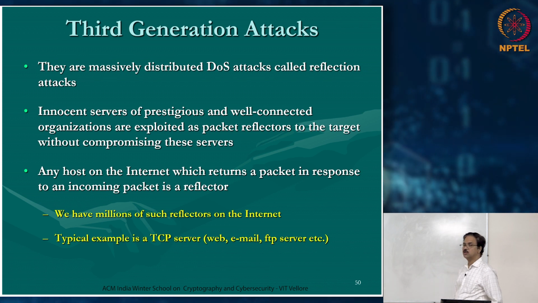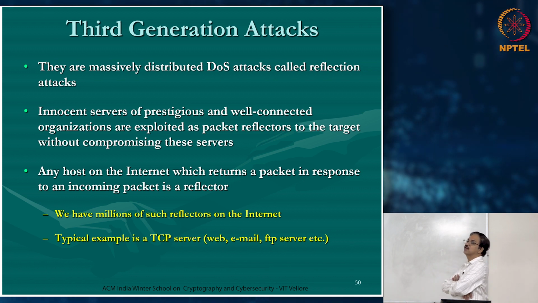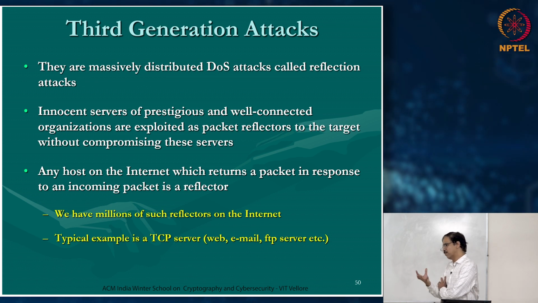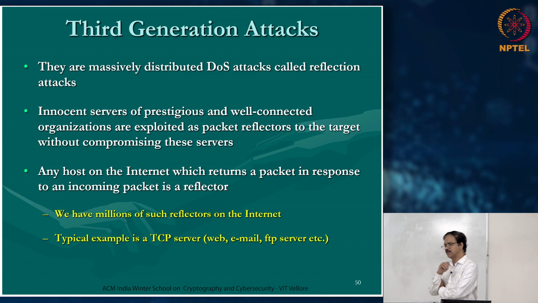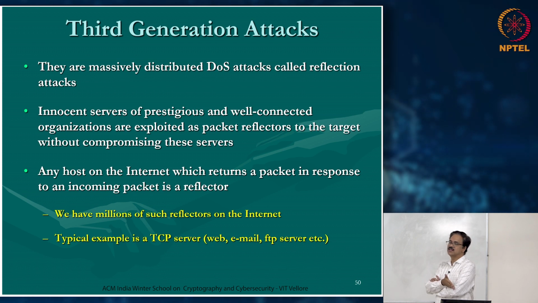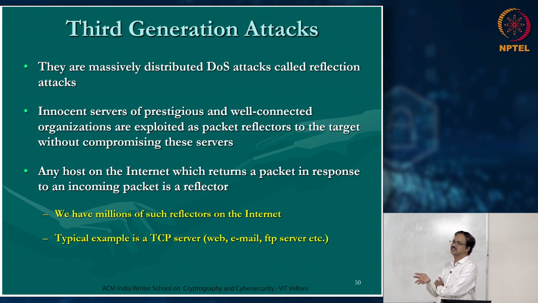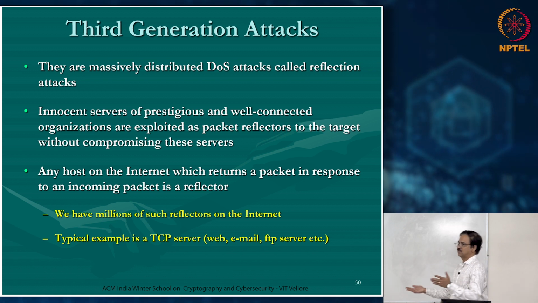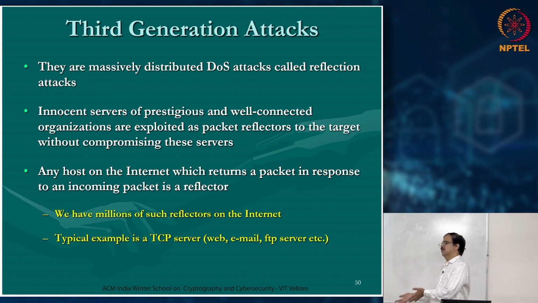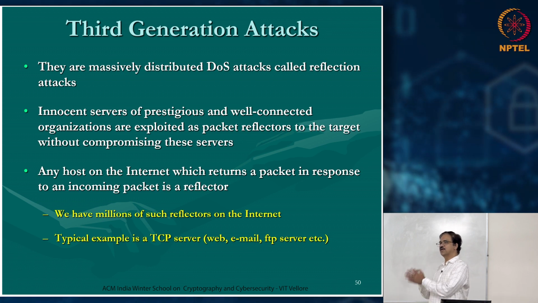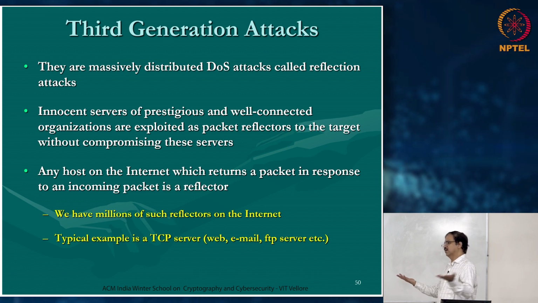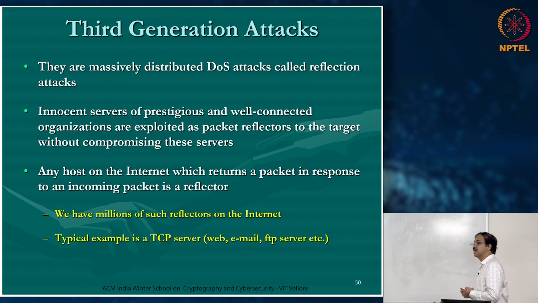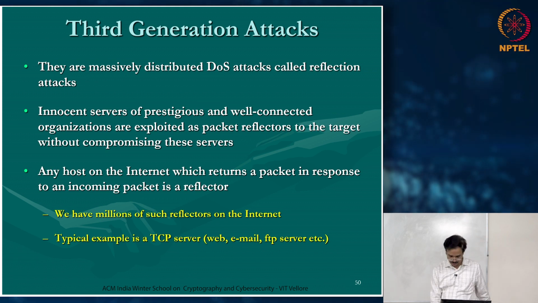Now, in order to succeed with the second generation, you need zombies, right? You need a set of machines which can be compromised. It is not too difficult even today because, as I said earlier, you have even IoT devices which have no password or a default password. An automated program can log into that, put their key, and then do the same. But the point is that the third generation attack does not even need